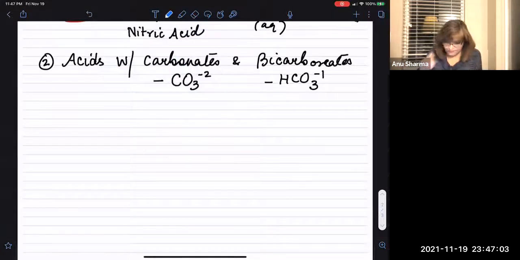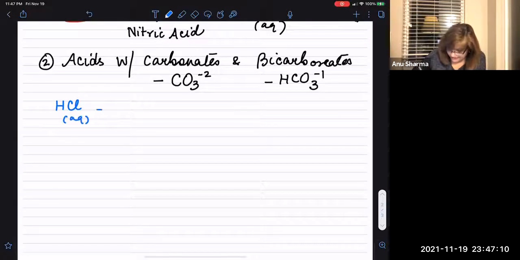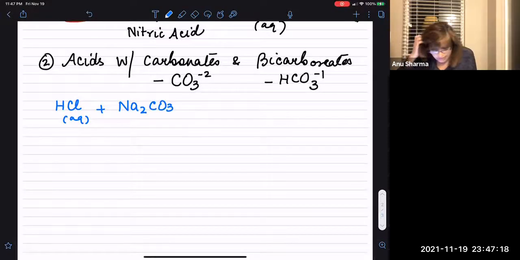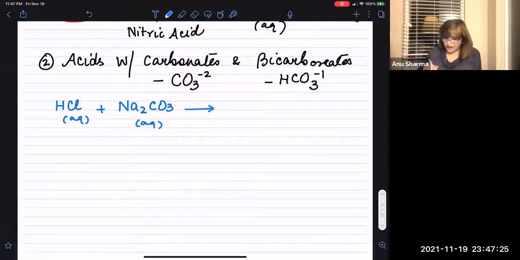Now, what do we have here? We have HCl, as an aqueous acid, reacting with sodium carbonate, Na2CO3. Sodium carbonate is also soluble in water. So what does this give you? Sodium is going to combine with chlorine, and the hydrogen